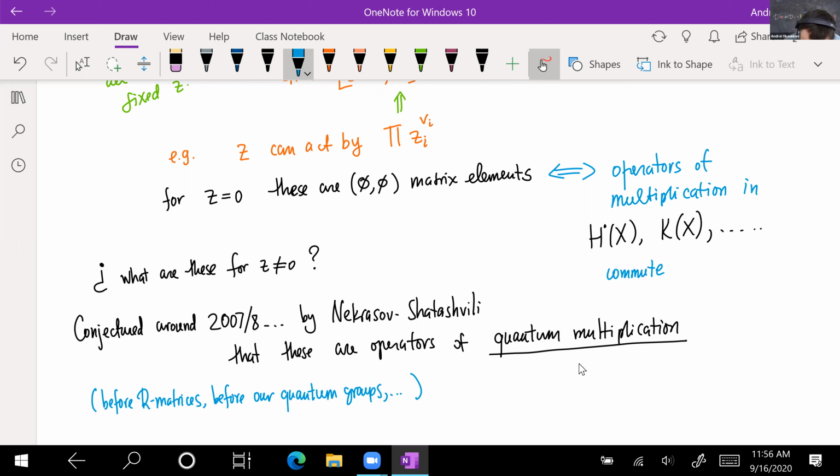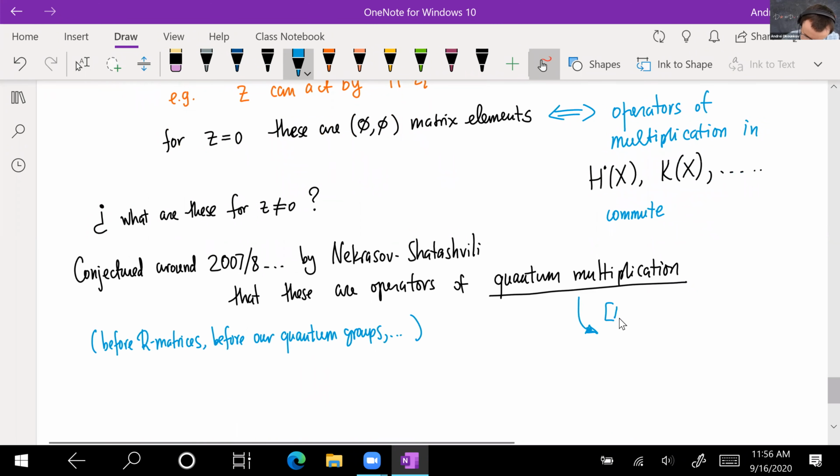Before everything, what they computed was the spectrum. In any line of mathematical development there are always some stepping stones, so it's hard to say what was the first, but the crucial computation, I'll explain it in due course. What Nekrasov and Shatashvili computed was the spectrum. People don't realize that this computation was mathematical. It's a mathematically rigorous computation, depending on how you define the operators of quantum multiplication. There's nothing to prove; it's not a conjecture. So they computed the spectrum